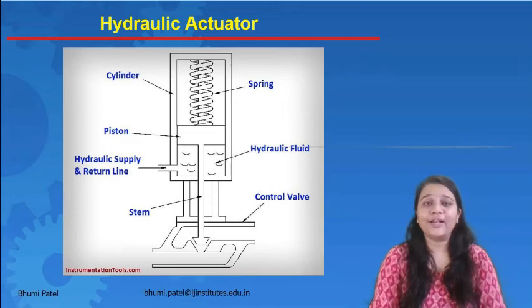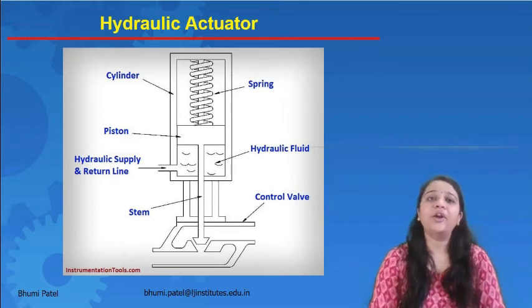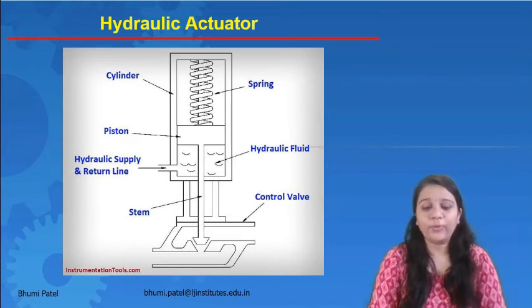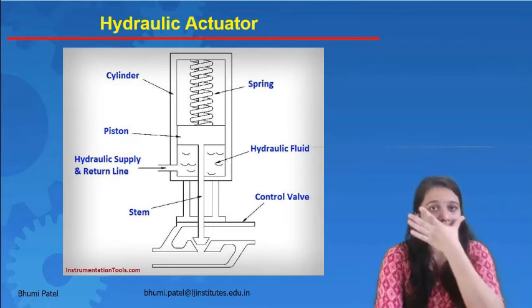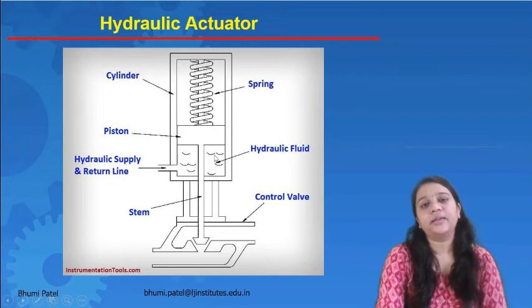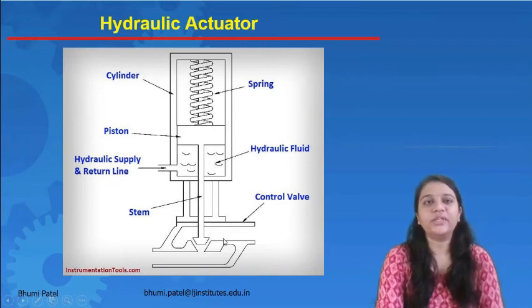In the pneumatic actuator we can use a piston as well as a diaphragm for the actuator movement. In the hydraulic actuator we compulsorily use pistons for the actuator movement. So depending upon the inflow, the piston will be moved upward and downward, and using that we can control the outflow of the system.